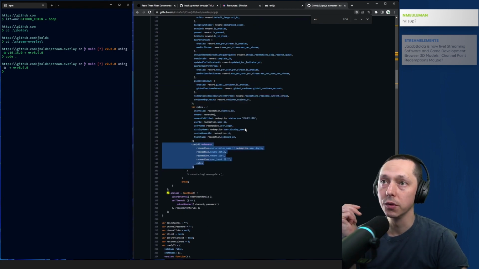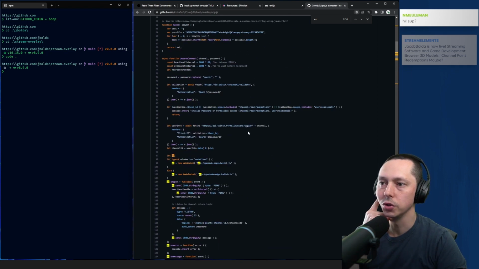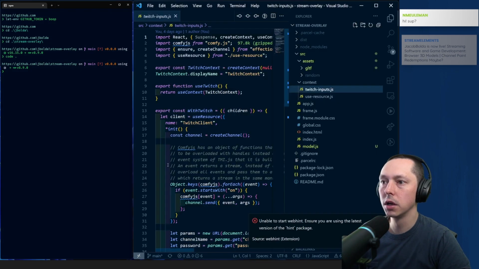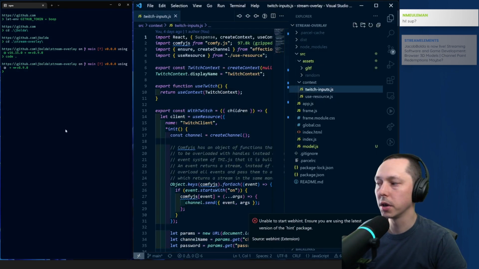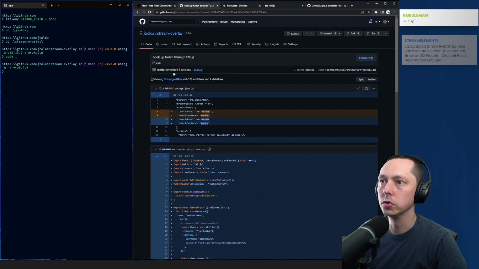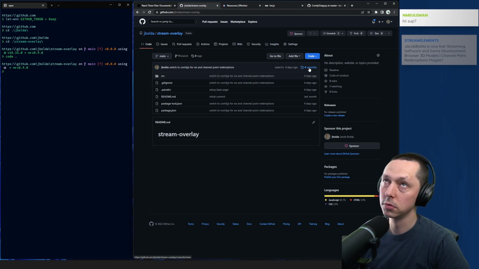So if we were using TMI.js, we would have to hook up all the socket stuff, which I was not particularly interested in doing. So I ended up making the switch to Comfy.js. It's not really back. We weren't using it before.